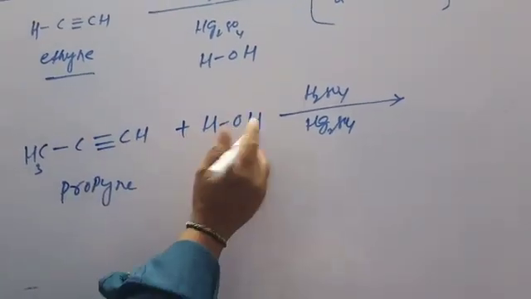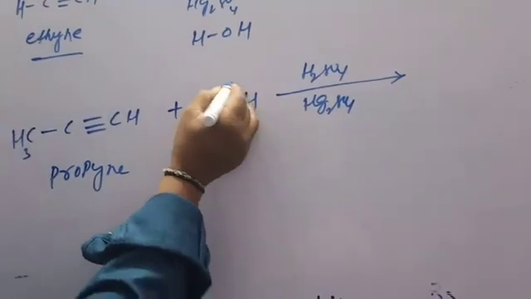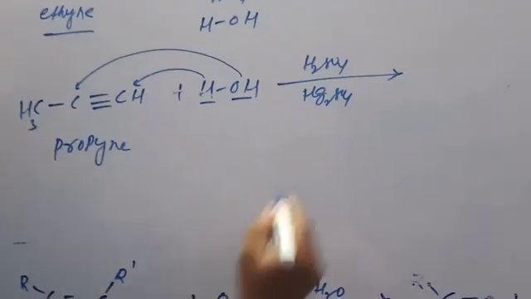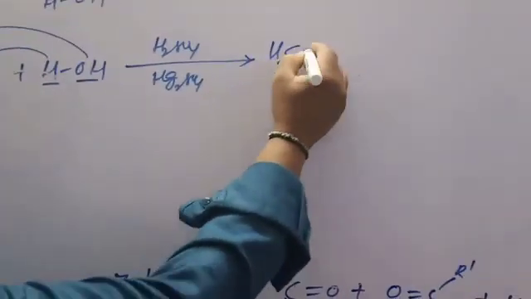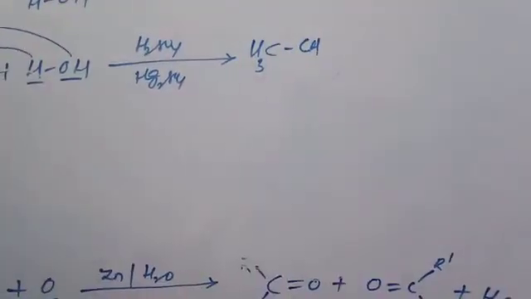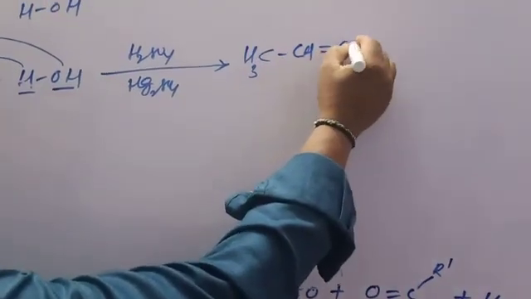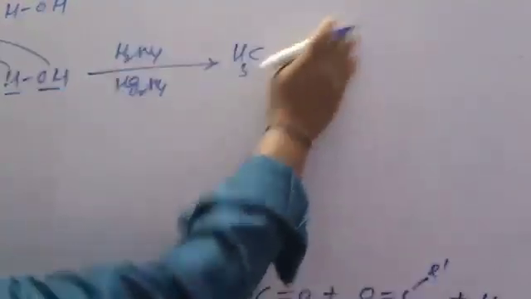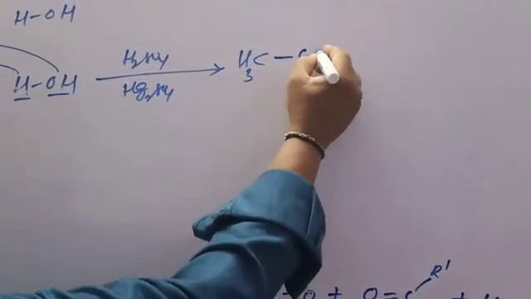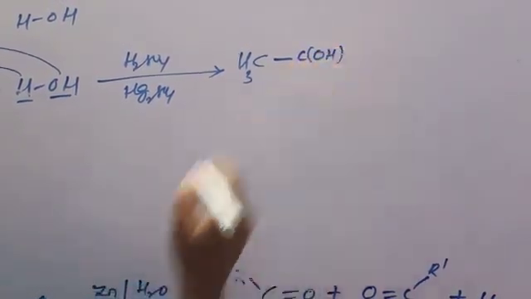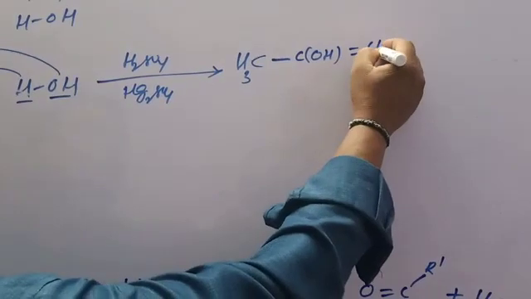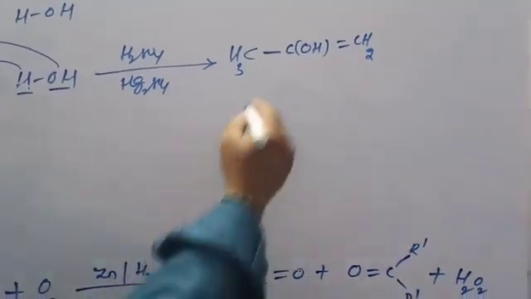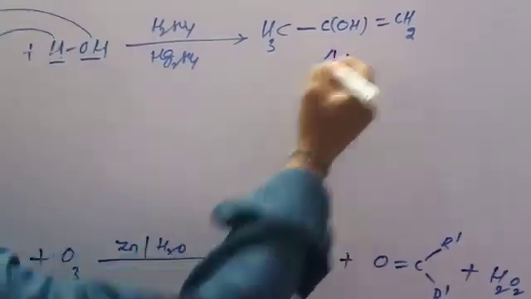So then this OH group adds to this carbon, this hydrogen adds to this carbon. So then CH3 single bond C(OH) double bond CH2. So then tautomerism of this compound,